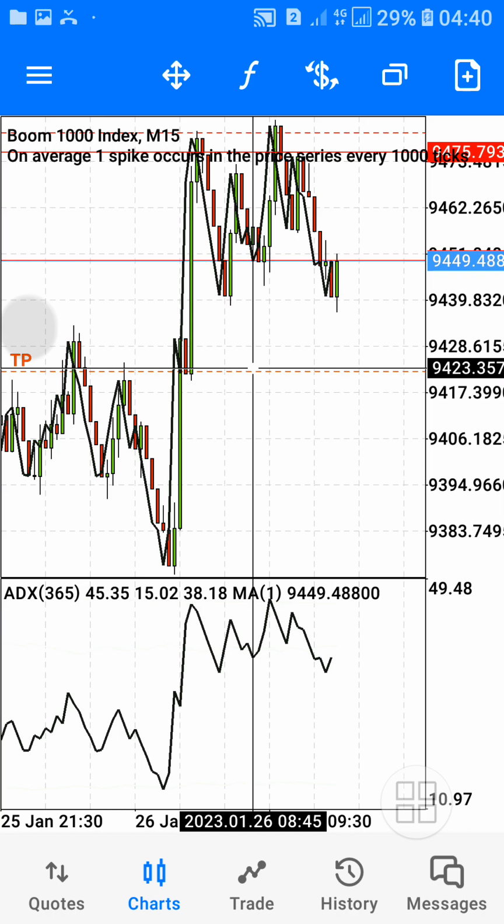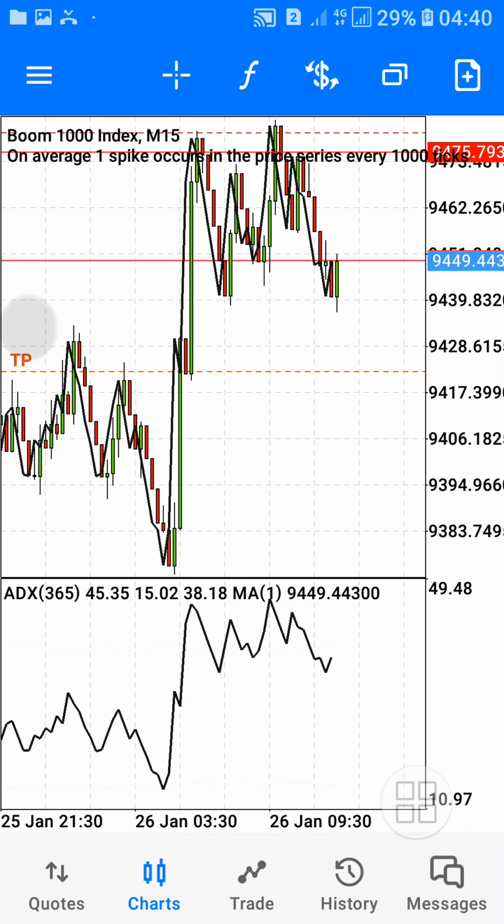So I'm going to be showing us the indicators we'll be using to make this a success while we are trading Boom and Crash. You can apply this strategy to any of the Boom and Crash pairs, but more especially Boom 1000 and Crash 1000. So you can have your target on these two pairs. Know when the market is going down and when it's going up, and try to take advantage of the range. When the market is ready, take advantage of it too. All of that is going to help you make money and trade successfully.